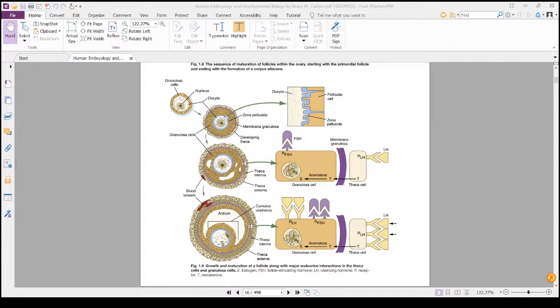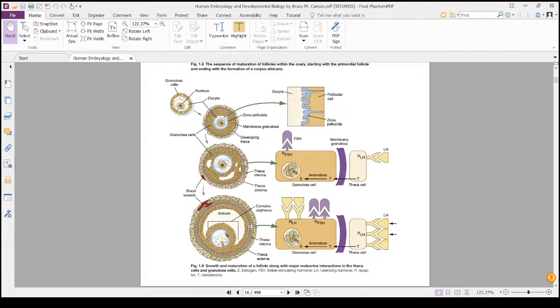You can look here, cAMP. You can look here, theca interna, theca externa, everything will be there. You can see all those things are there. So you have the zona pellucida here, you can see the membrana granulosa. All these things I'll explain to you. Okay, so the thing is,